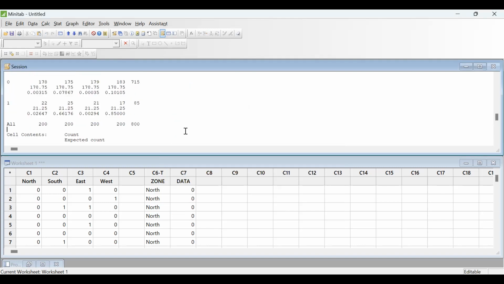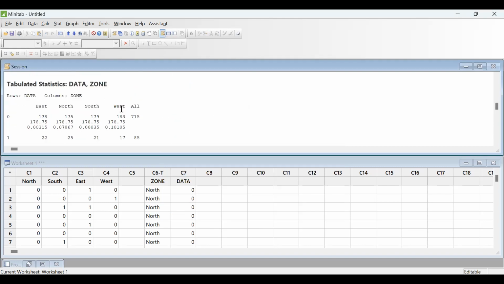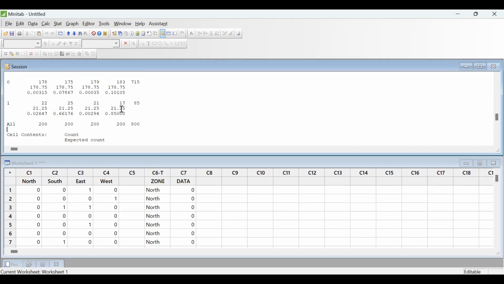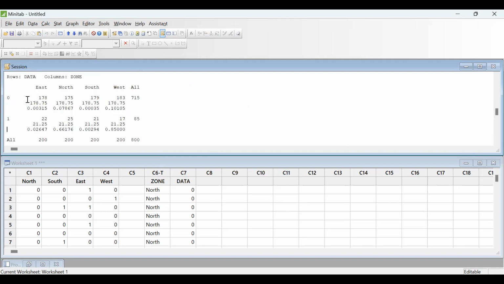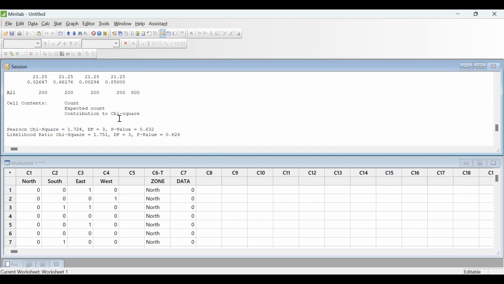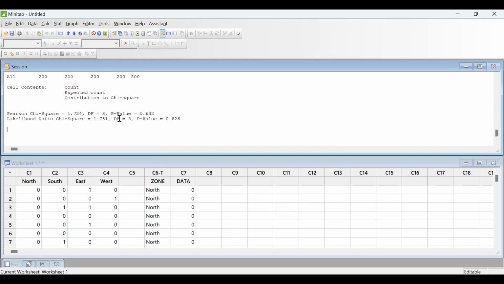Now you got your data readily available, right? So here, what is our interest? We got how many zeros are there. Its expected count is given. The difference between the expected count and the observed count is given. So all those things are given, but our interest is to look into the p-value and conclude. So what is the p-value? The p-value is 0.632. 0.632 tells us that